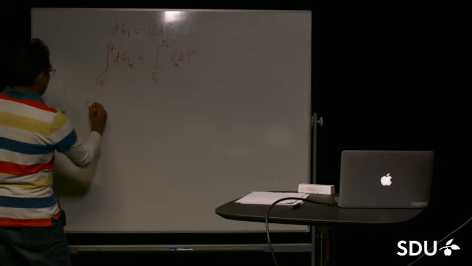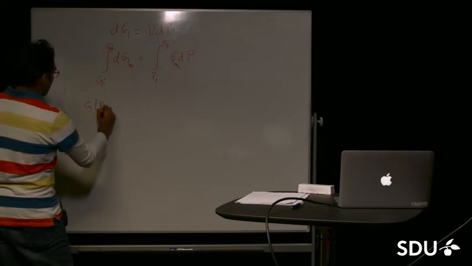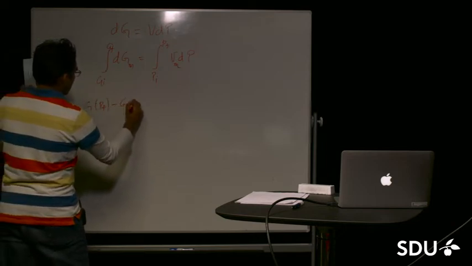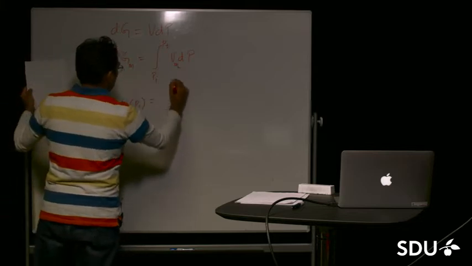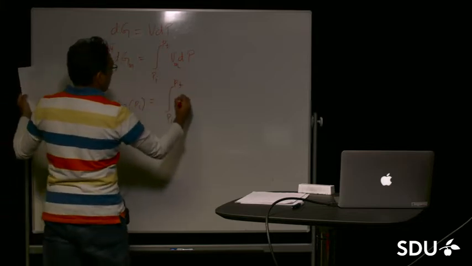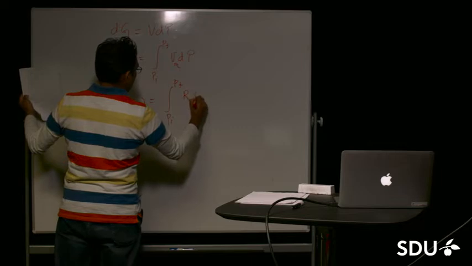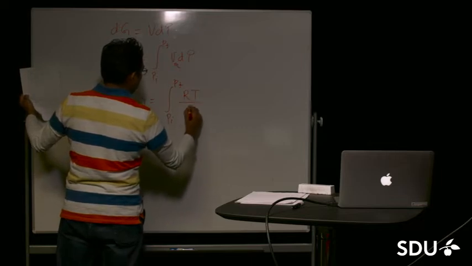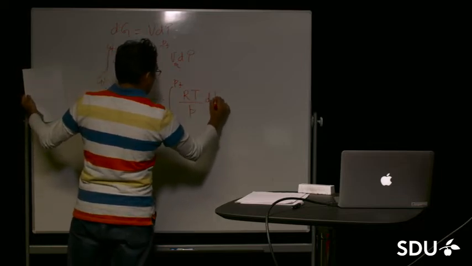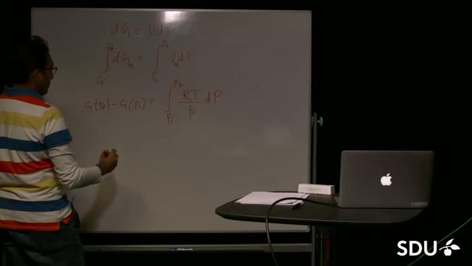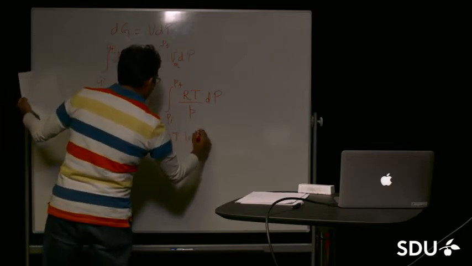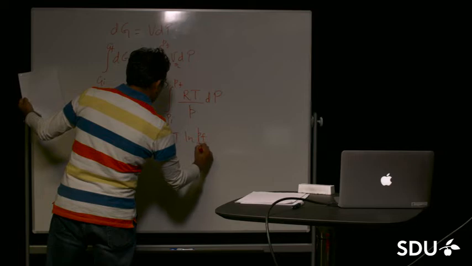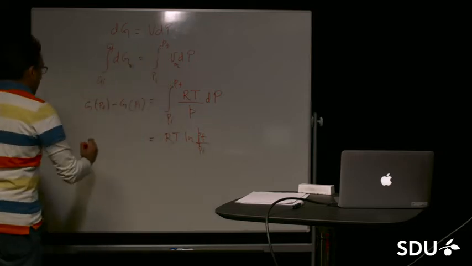The left hand side simply becomes the Gibbs free energy at the final pressure minus the Gibbs free energy at the initial pressure, and the right hand side, the molar volume is given by the gas constant multiplied by the temperature divided by the pressure, in this form, and this is equal to RT log of the final pressure divided by the initial pressure, and